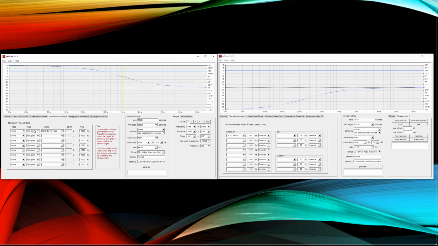In fact, all pass should be, as you see, the type has been grayed out because it's neither high pass nor all pass. Ideally, all pass should be here, and here in the shape you could choose first order or second order. But anyway, let's enter the frequency at 260 Hertz. As you see, it's quite different. Why? Because this, in fact, is the crossover at 260. This is the crossover working in the speaker.